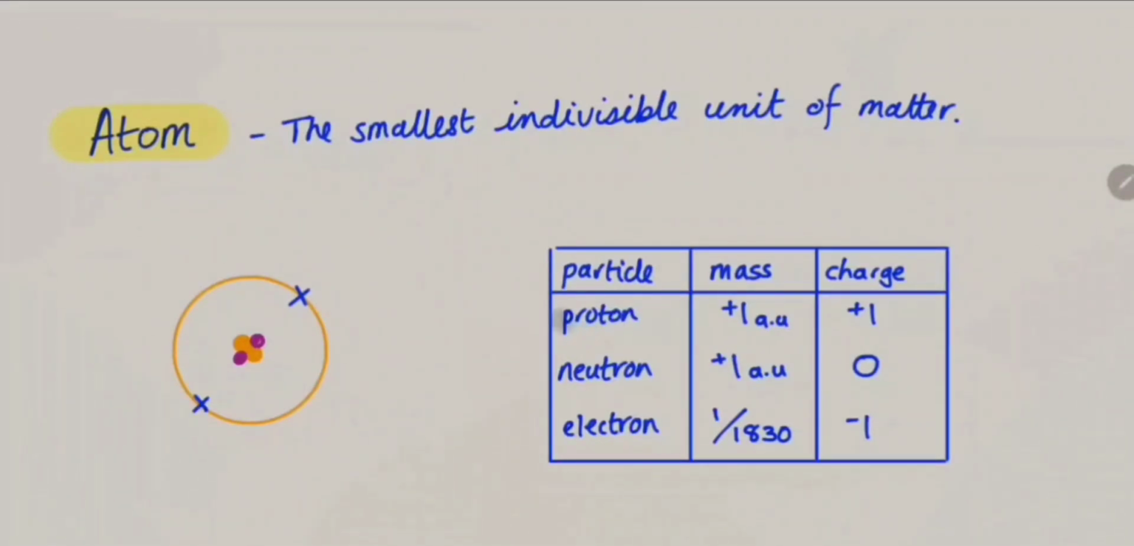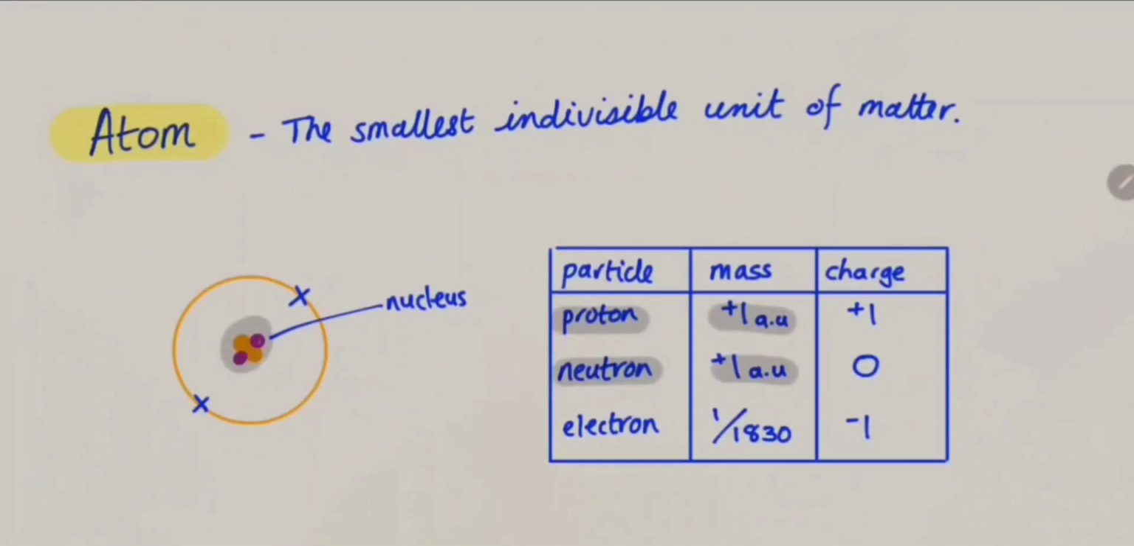Now the proton and the neutron have a mass of 1, and they are located in the center of the atom. The electron has negligible mass, so all the mass is in the center of the atom, and this is known as the nucleus. The electrons occupy energy levels or shells around the nucleus, and most of the atom is